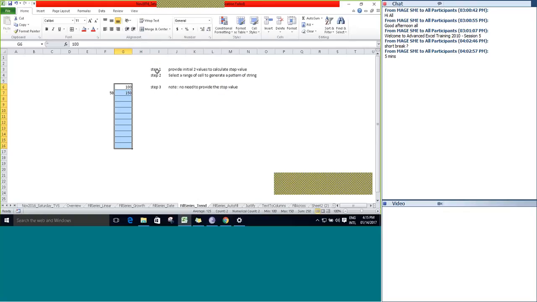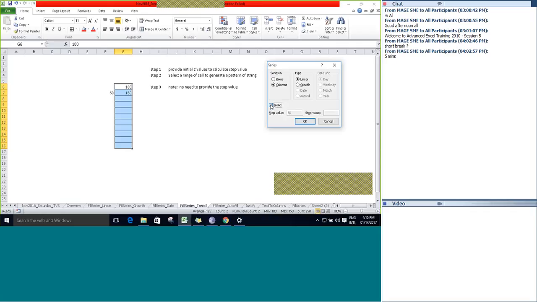When you select the range, it will generate till the end of a range without providing the stop value. It will consider the end of a cell in a range as a stop value internally. Go to fill and go to series.